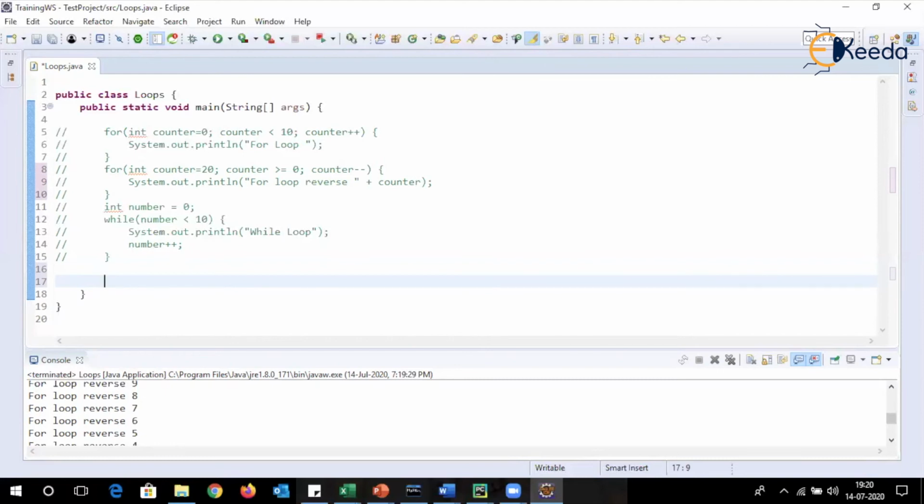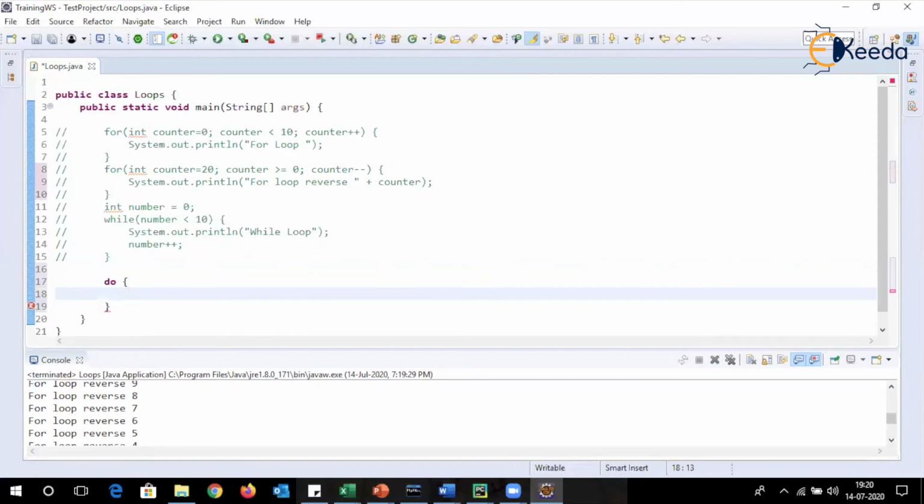Now there is one more loop which is do while. So this is do. What I want to do is System.out.println "do while loop", and